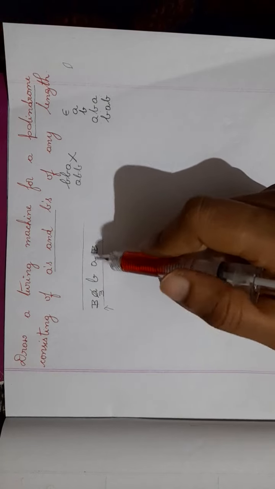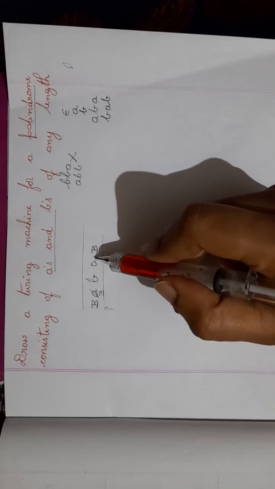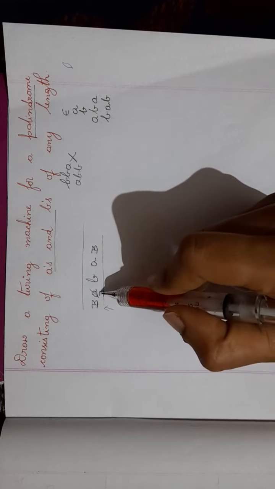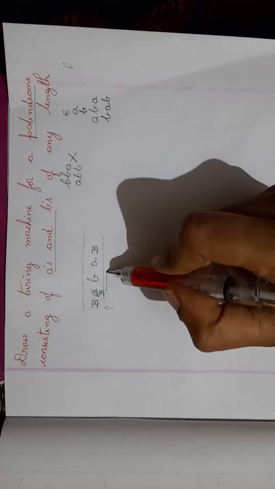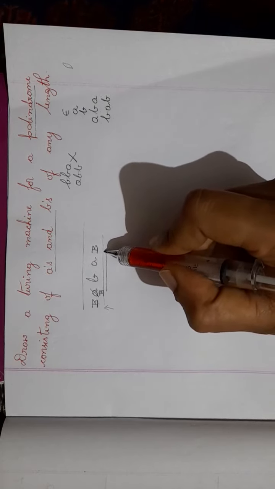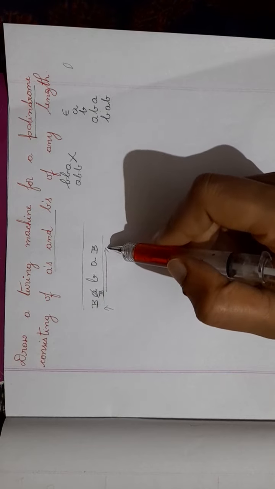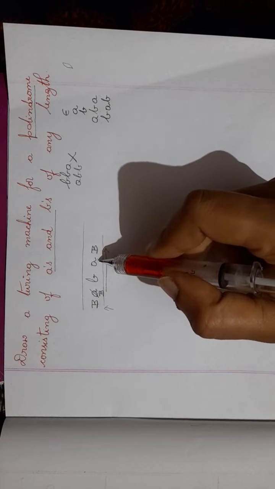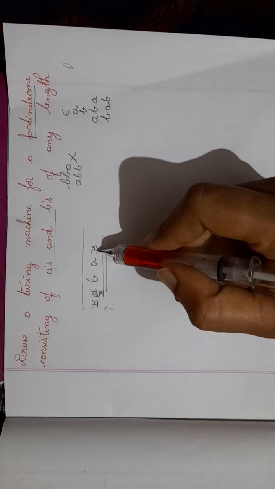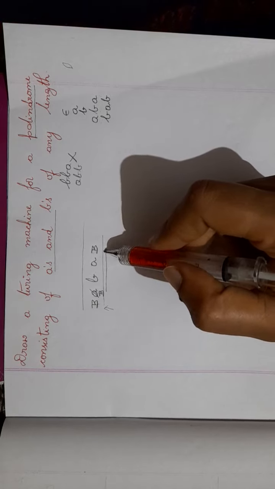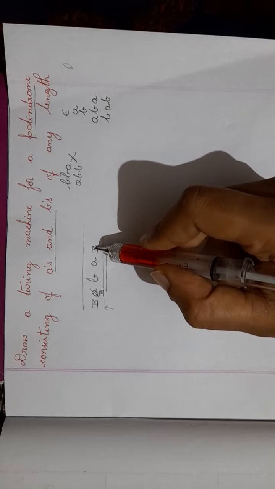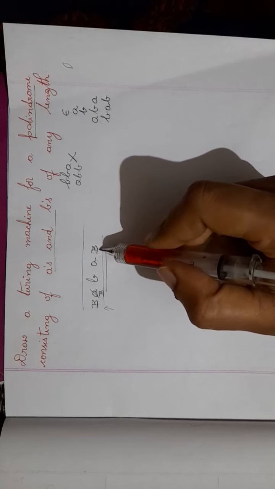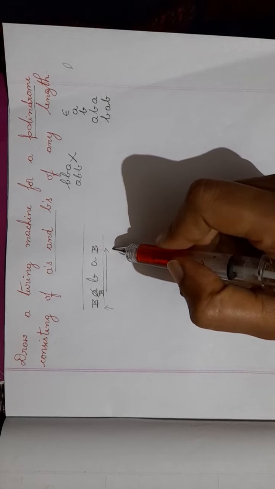I told you that in a palindrome, the first character and the last character will be the same. Next, once you change it to B, keep on moving right till you reach the dead end and the last one. How will you know that it is the last character? After the last character, you will have a blank here, so you will know that you have reached the last character. If I am reaching the last character, this B, keep it as B itself and then change the direction now.